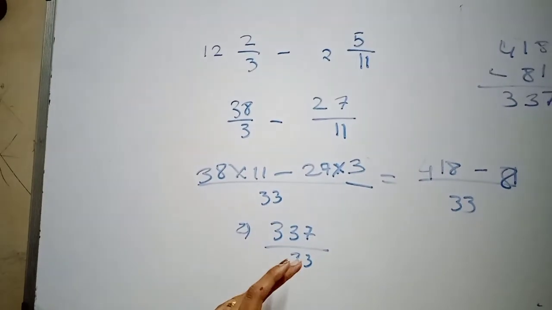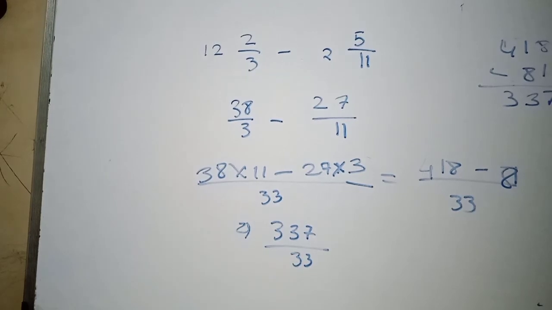Okay, so number 9 is almost complete. Number 9 is complete here. I have done most of the sums, so the rest of the sums will be your homework, and in the next class we will be starting the next chapter, that is, let's play with matchsticks, chapter number 10. Okay.